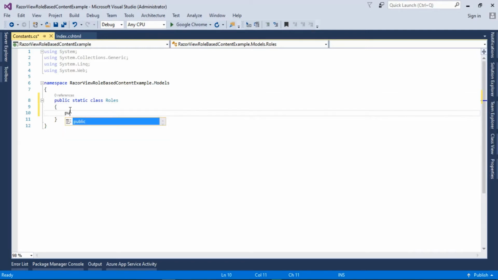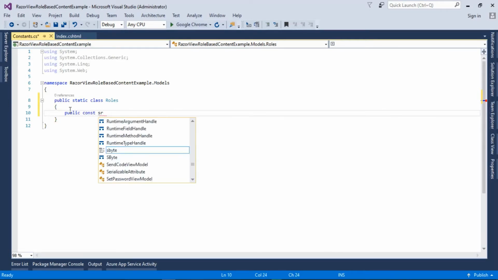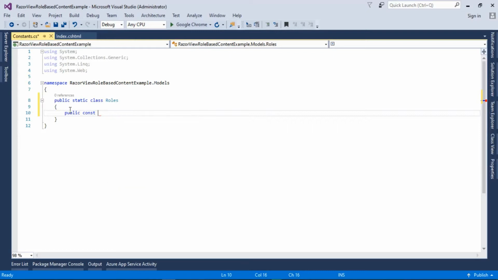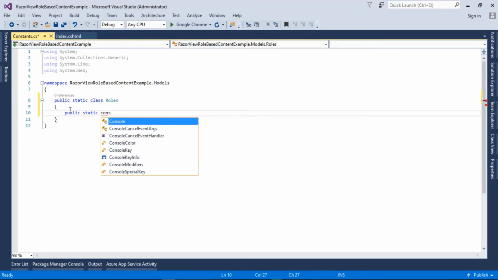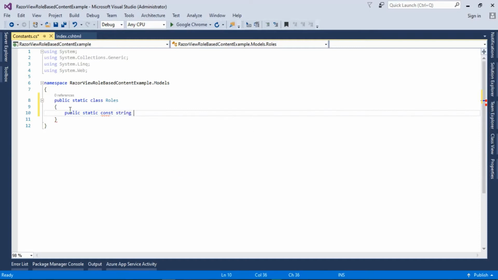So we will use public constant string, public constant static, sorry, it will be public static constant string, and will name it like admin role, and it will be admin role.